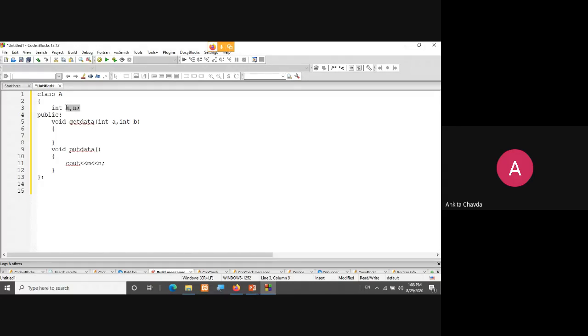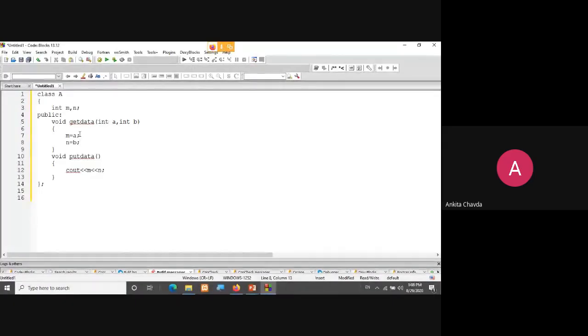This is the only purpose of my get data. So I'm writing m is equal to a and n is equal to b. This is what is known as initialization.